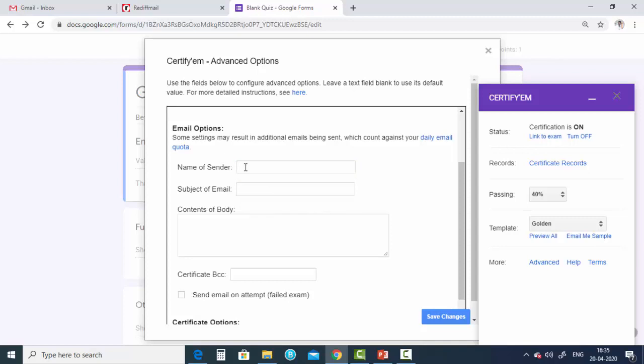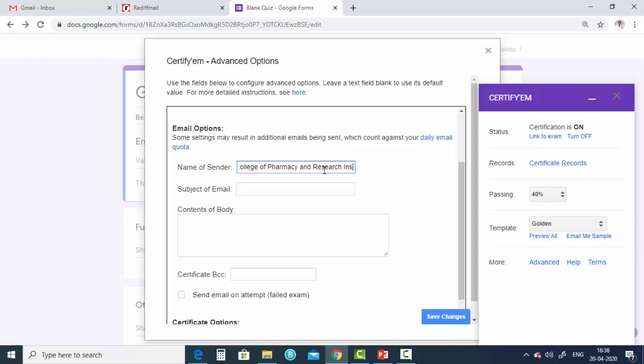So here I am using my college name, Konkan Gyanpith Rahul Dharkar College of Pharmacy and Research Institute.